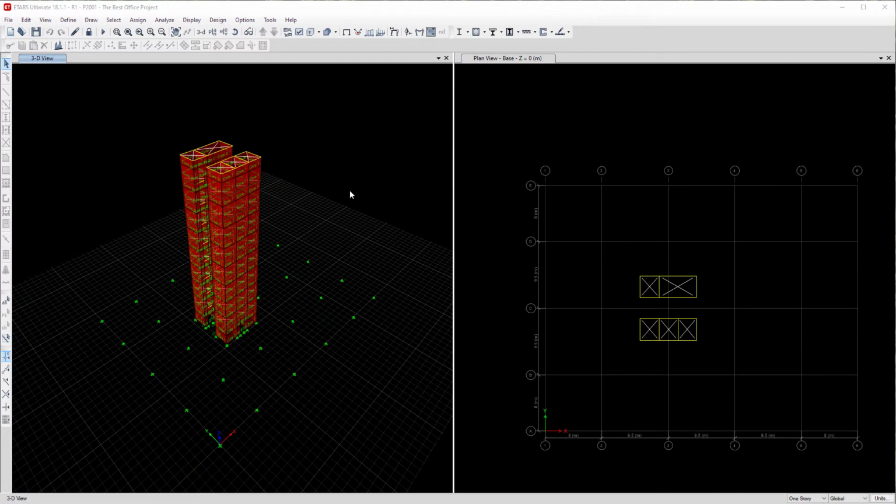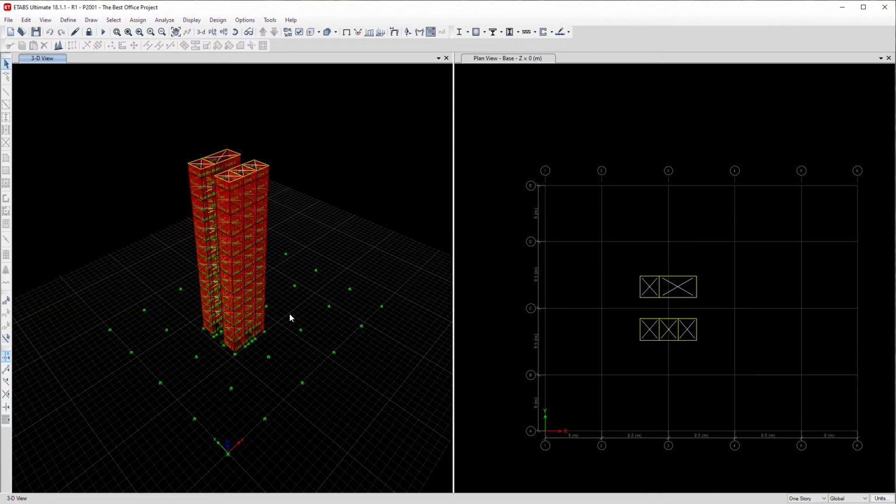Alright, so the first thing that we have to check for the dynamic analysis: we verified the masses already in the building when we were doing our static analysis. So look back on that video if you haven't checked the mass of the building yet. The other thing that is unique to the modal analysis is actually the modes of the building. To verify that we have analyzed enough modes of the structure to include all of the building modes in